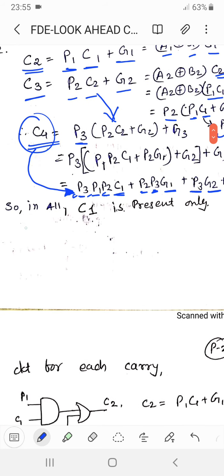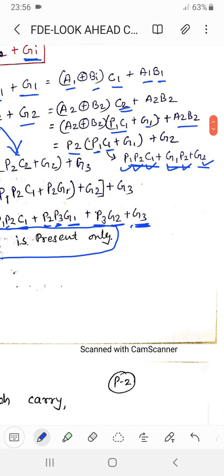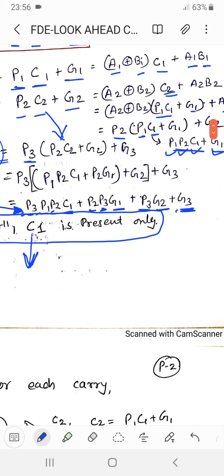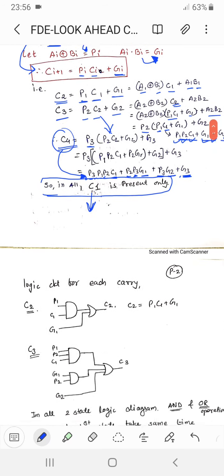But see, in all the equations you require only the first carry C1, not the carry C2, not the carry C3. That is not required. Okay, so let me check